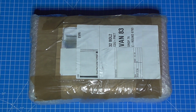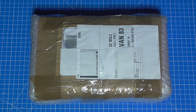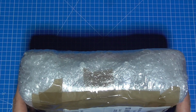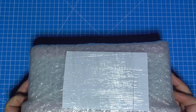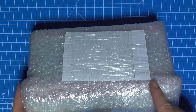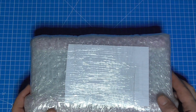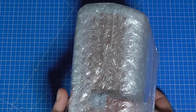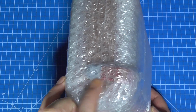On the bench today I've got a parcel. This is something that I bought online recently. It is a radio and this is exactly how it arrived. Just the bubble wrap. You can just about see the radio's handle there. Piece of paper in the back, I'm not exactly sure what that is yet. But on the sides you can see again the handle